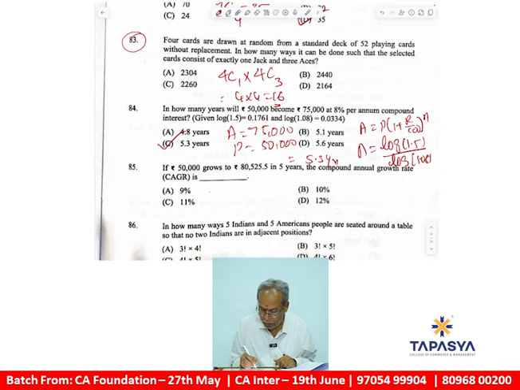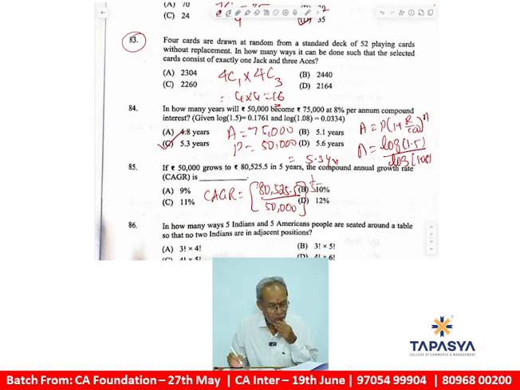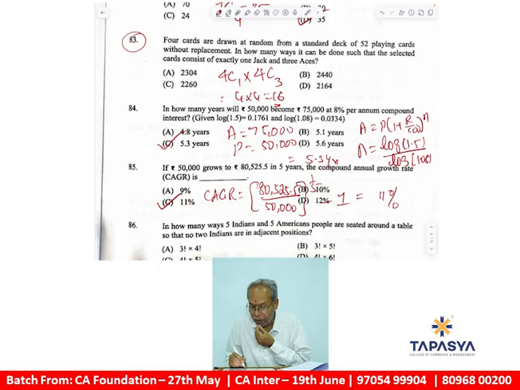Compound annual growth, CAGR. The CAGR formula is here: (V of Tn, 80,525 divided by 50,000) whole to the power of 1 by 5, minus 1. Simplifying this value, approximately you will get 11%. Provided here, 1 by 5 whole to the power is not given, but